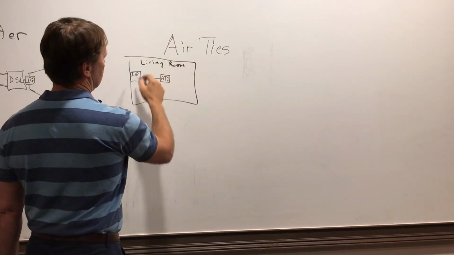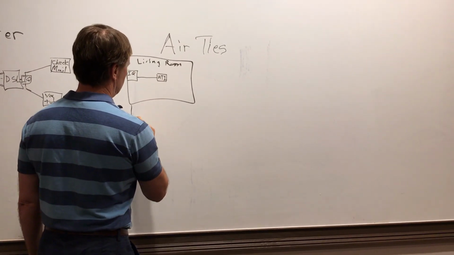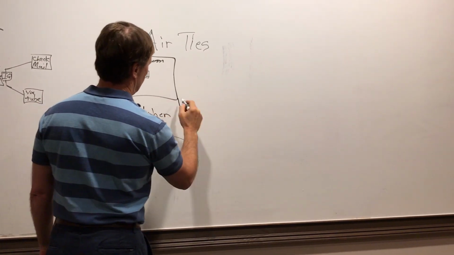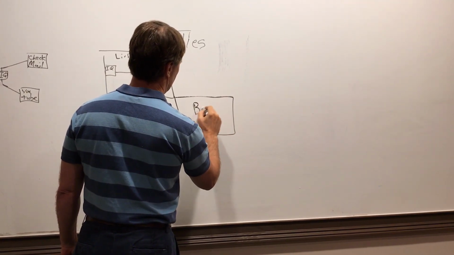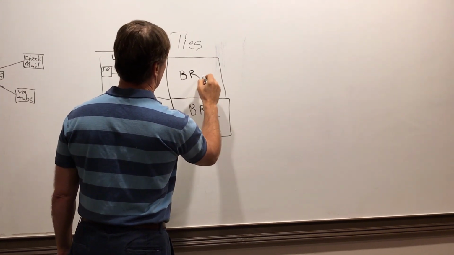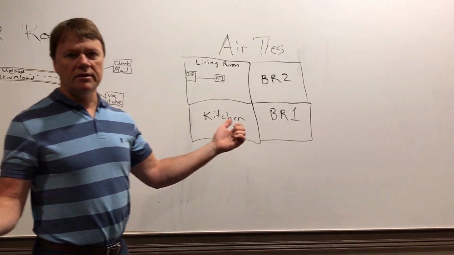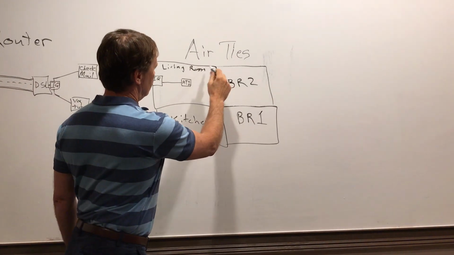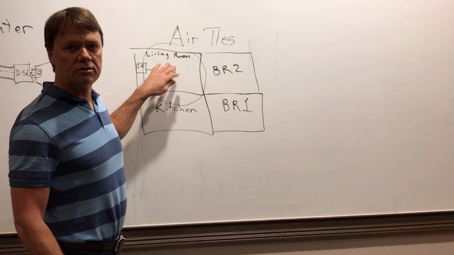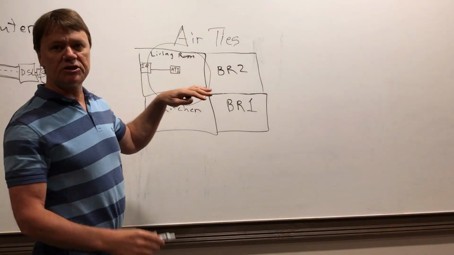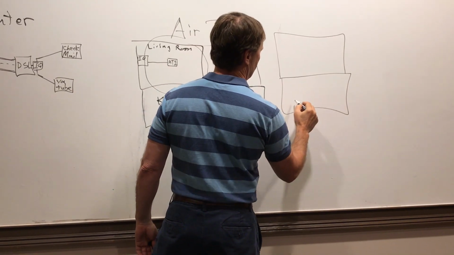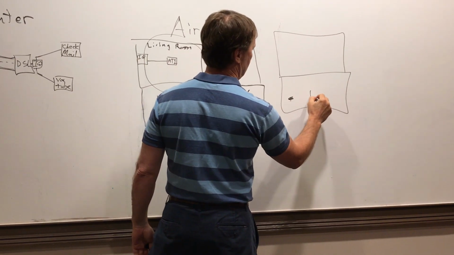Okay, so they're getting good signal right here, but you know the kitchen is over here. Got a bedroom right here. Got a bedroom right here. And this is a big house, and so they can get good service right through here. These things broadcast 360 degrees, even if it's a split level house. So it may be floor 1 and floor 2. These things still, if it was sitting right here on floor 1,